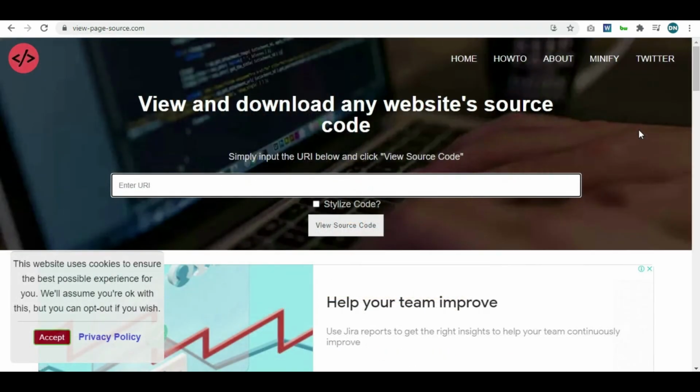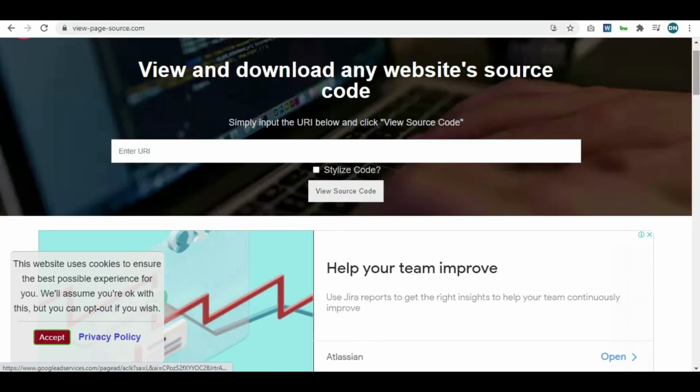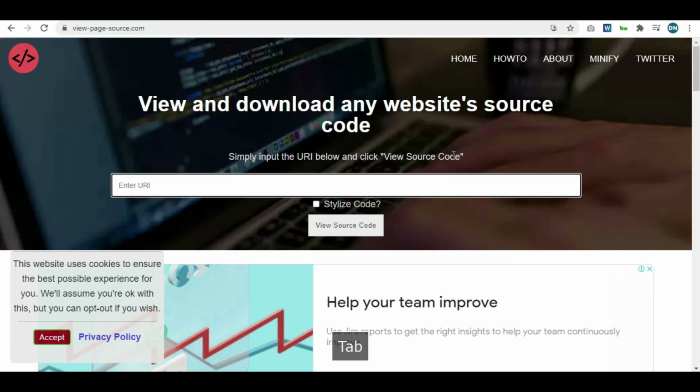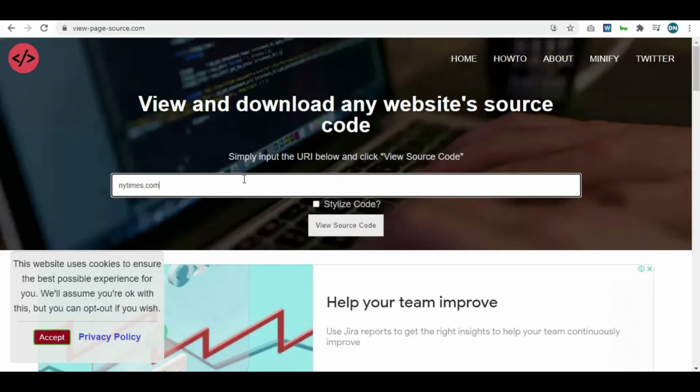So apart from the techniques mentioned, we have one more option available. There's a website called viewpagesource.com. Just open it and go to this search bar right here. Type nytimes.com or New York Times, but it's better to copy and paste the URL here, because the site needs HTTPS or HTTP also, not just the domain.